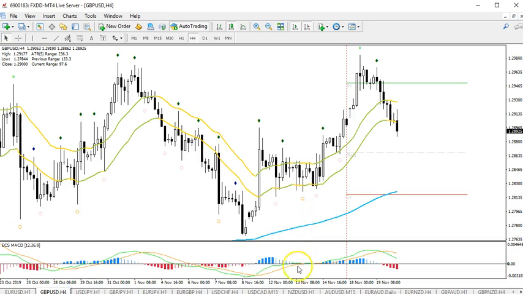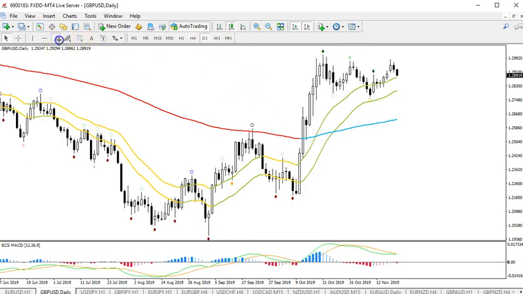Pound dollar basically hit 130. Now the question is, did it complete an ABC or is this part of a bigger upside break? Now that depends a little bit on how price will respond to 129. If it respects 129, a bounce and continuation above 130 is starting to become a lot more likely. If it breaks 129, then I think it's going to move down and retest the bottom of the bull flag